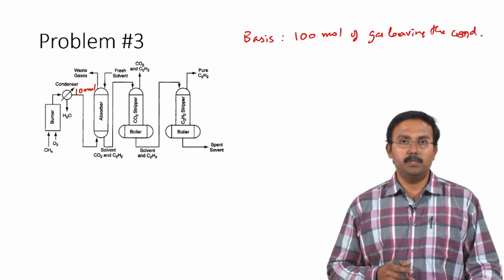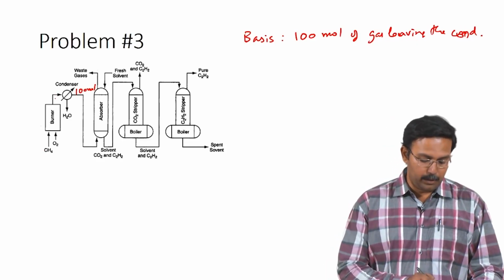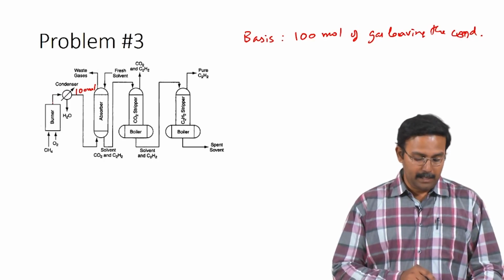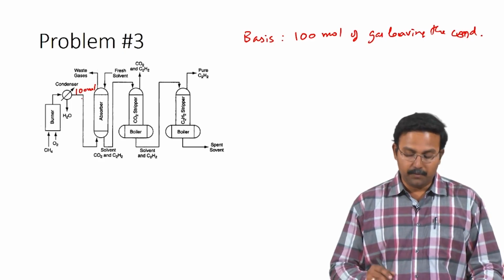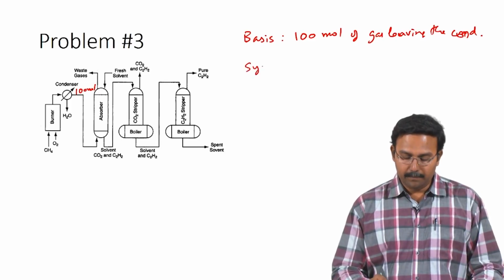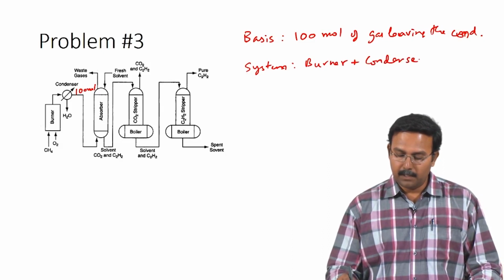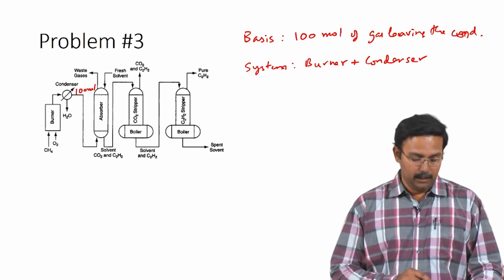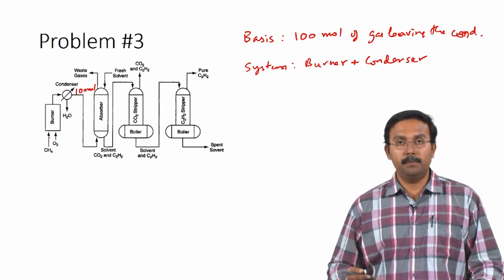The other approaches which we have used is either to start with the last unit or the first unit. So, here we could choose to use the first unit. However, we do not have the information about the exit stream which is leaving the burner. The information we have is for the gas stream which is leaving the condenser. So, the first system which we can choose would be the burner plus condenser. So, for this system we have information about the exit stream, we know the number of moles, we have the composition, we do not know the number of moles of water, but we know that it is only water. So, we just have to calculate the methane and oxygen which is being fed,